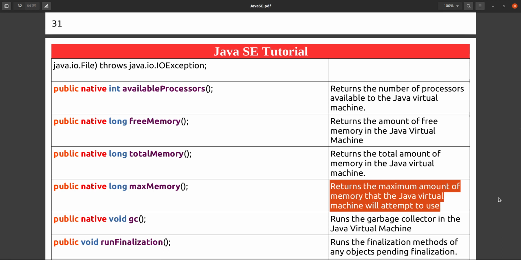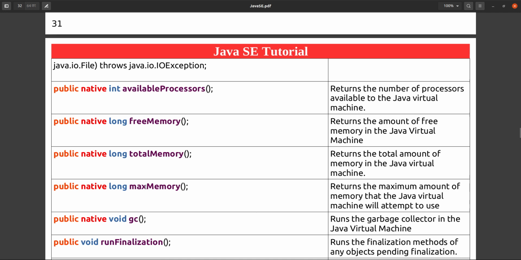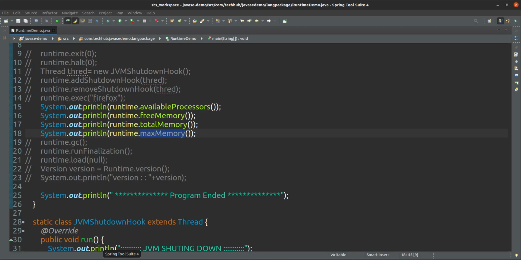Suppose exactly 8 GB RAM is there, then your JVM cannot acquire 8 GB, because the operating system also has to run and some other processes if you are running. In that case your JVM will not take 8 GB, it will take some max limit that the JVM can take. So this will return the max amount. This will be a long, in bytes only.